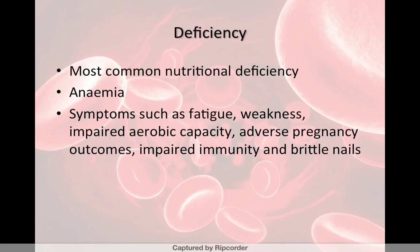Iron deficiency is one of the most common nutritional deficiencies in the world. When iron losses exceed absorption, initially iron stores will deplete, resulting in a reduced ferritin level. When iron levels are low for a long period of time, the synthesis of hemoglobin and red blood cells is limited due to insufficient iron supply, resulting in anemia. Iron deficiency and anemia are associated with symptoms such as fatigue, weakness, impaired aerobic capacity, adverse pregnancy outcomes, impaired immunity,